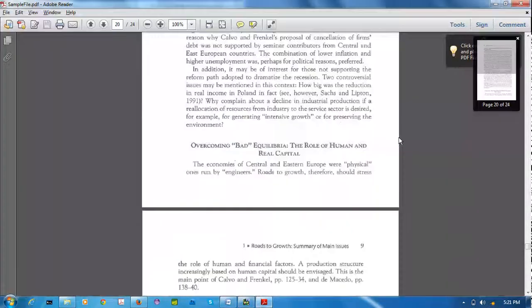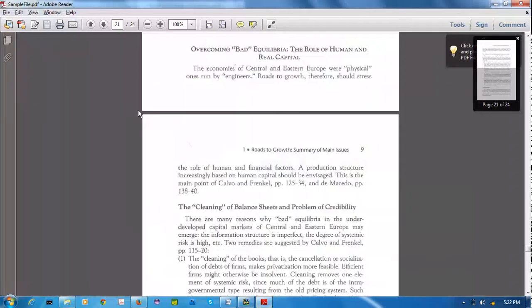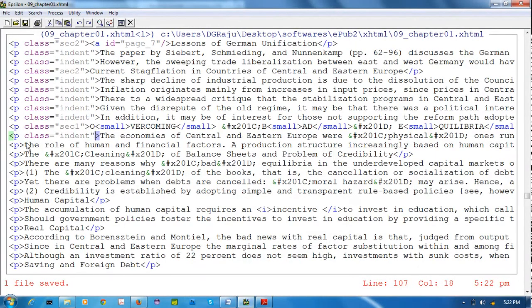Okay. Next, indent the stress the roll, single paragraph on page number 9.